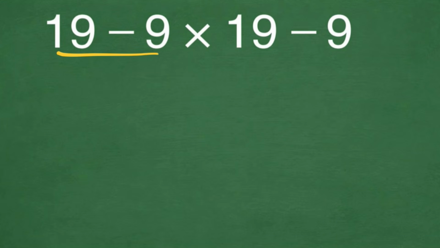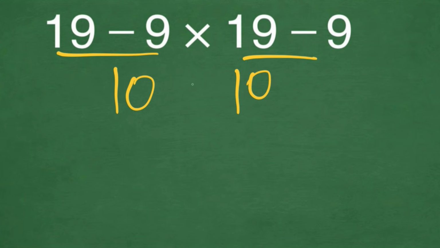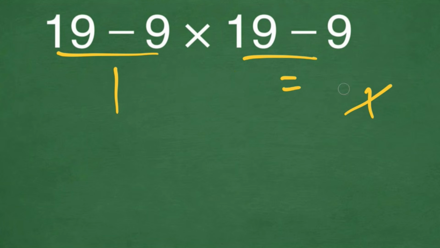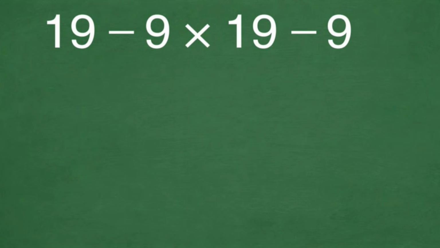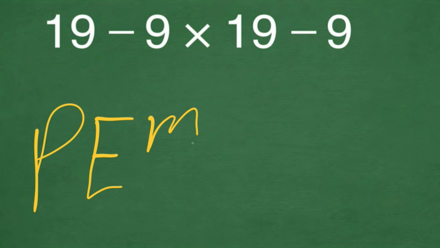19 minus 9 gives us 10. And again, here we have 19 minus 9, which again gives us 10. And 10 times 10 is equal to 100. But this answer is not correct, because according to the order of operations, PEMDAS, which I will write here,